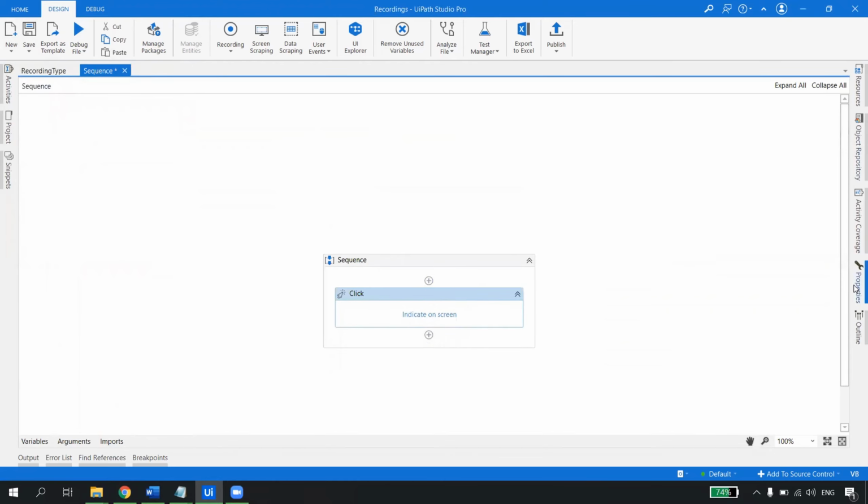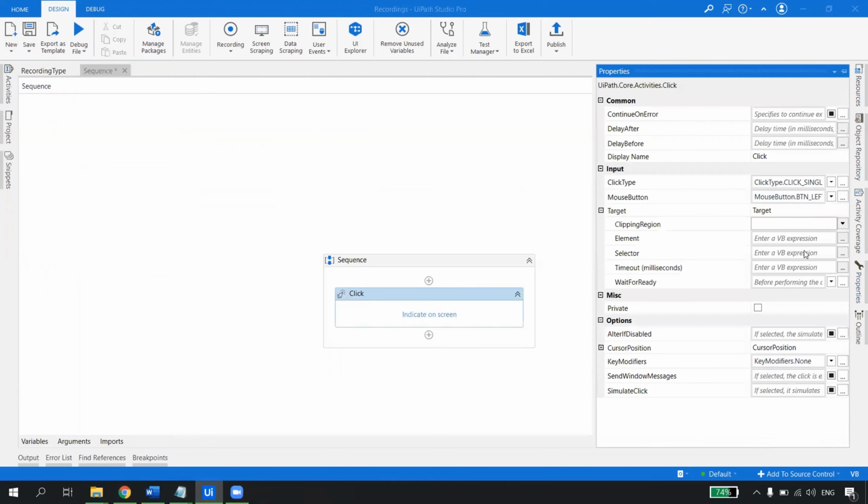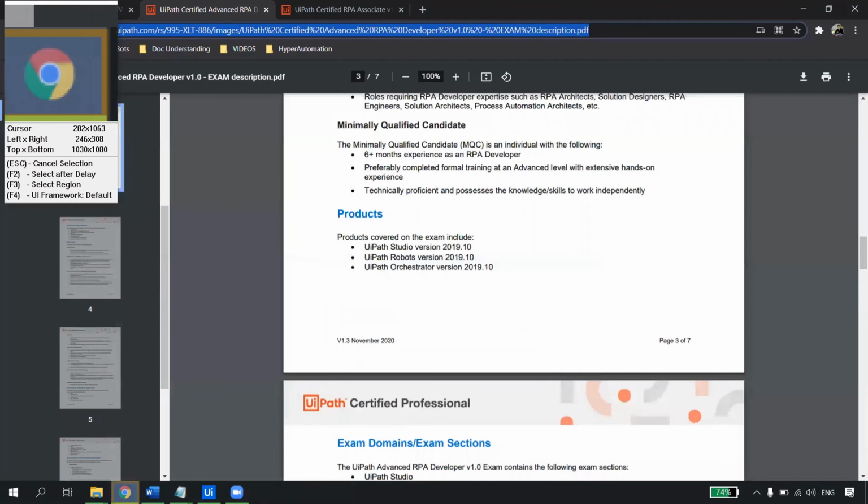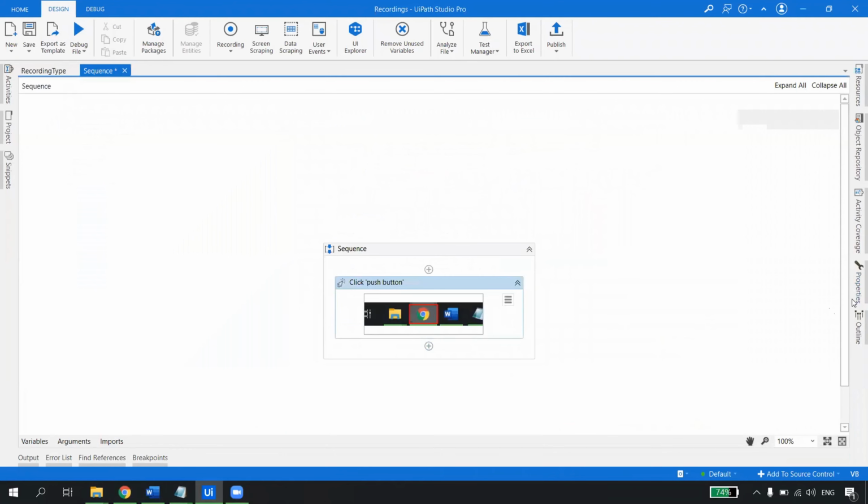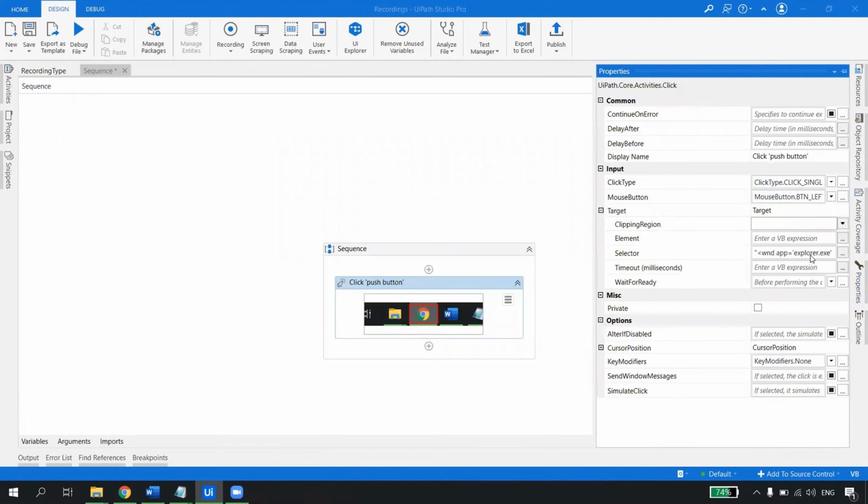If I go here in the properties, I don't have a selector now. If you see, the selector is blank. But as soon as I indicate and click somewhere, let's say on the Google Chrome icon, UiPath will automatically generate a selector for me. Can you see this thing? So what is the selector?